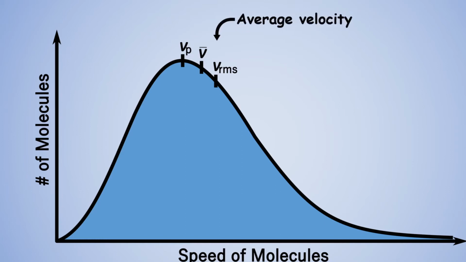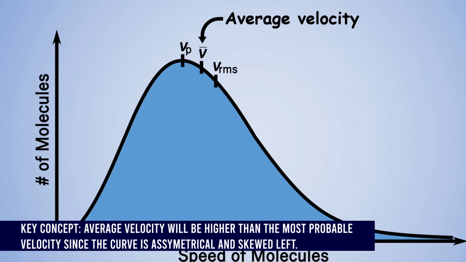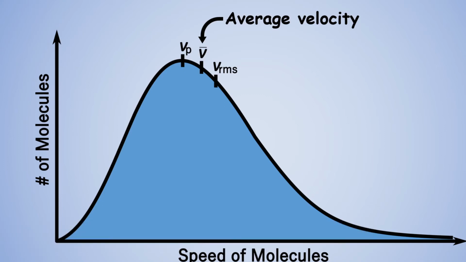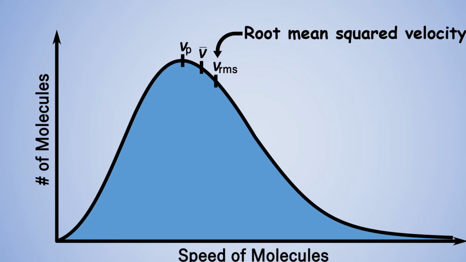Next to that, the average velocity is going to be a little bit higher than the most probable velocity because you can see the curve tails off to the right, and it actually drives the average velocity up higher than what the peak would be. If this curve were symmetrical, then the average velocity would be the same as the most probable velocity. And third, we'll have the root mean squared velocity. Now this velocity is, as I mentioned earlier, always going to be a little bit higher than your average in these scenarios. Mathematically, it doesn't have to be, but in the situation of molecular velocities, it's always going to be slightly higher than your average velocity.